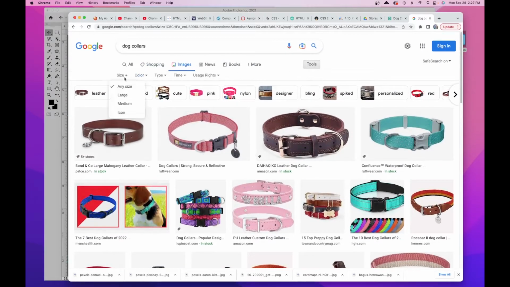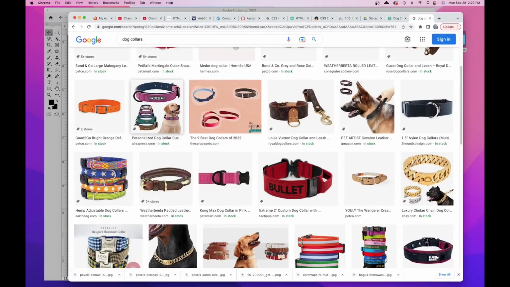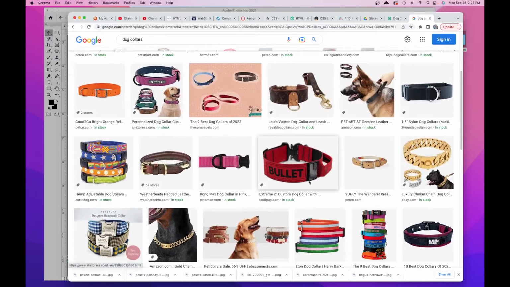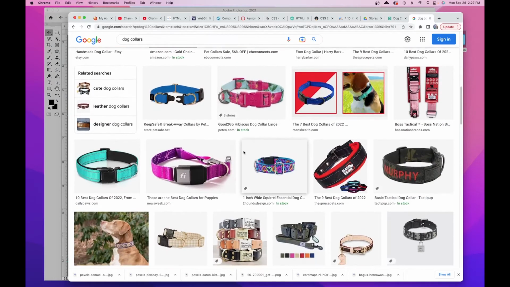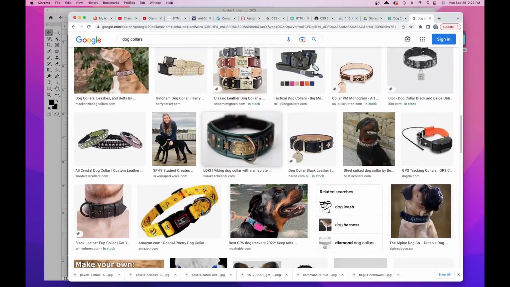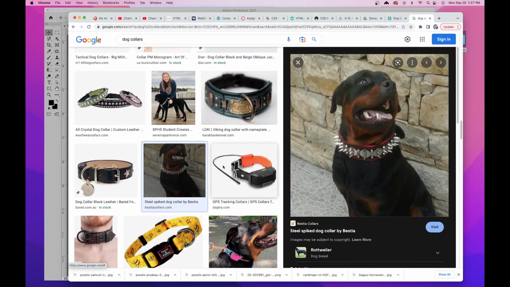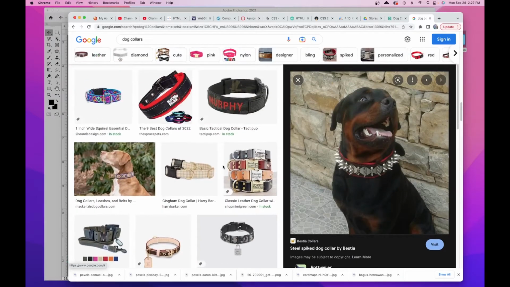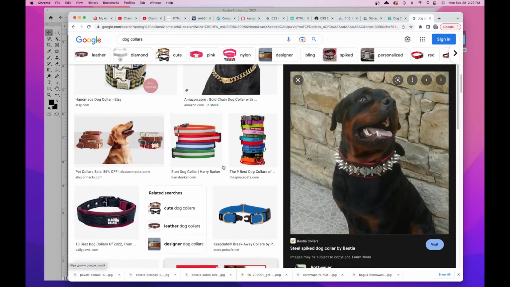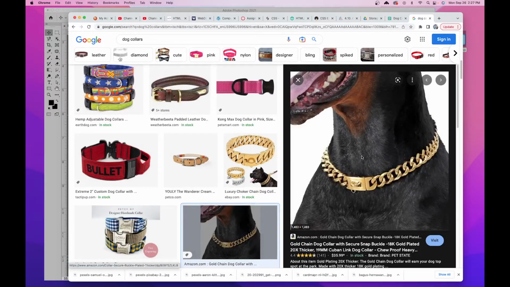And let's go ahead and go to Tools, Size, go pick a large one. And here we have some that we wouldn't even have to fully mask out of a dog. So just go ahead and find a cool one you like. Yeah, there's a cool spiked one if you want to go that route. You know what, I'm gonna go with this gold chain. Why not? Right click, open image in a new tab,